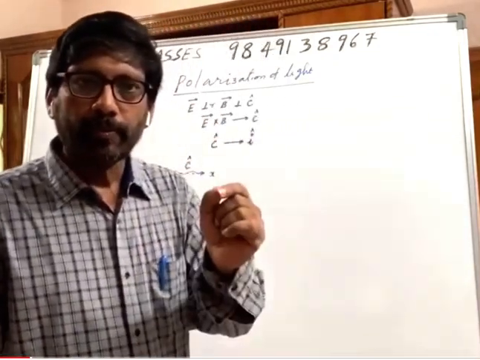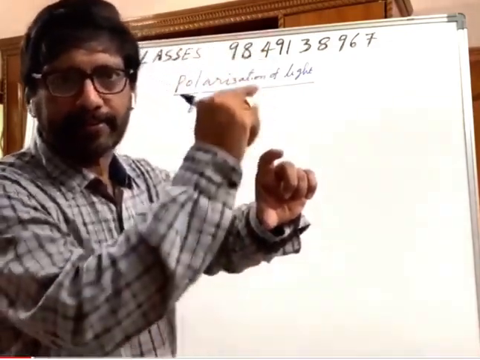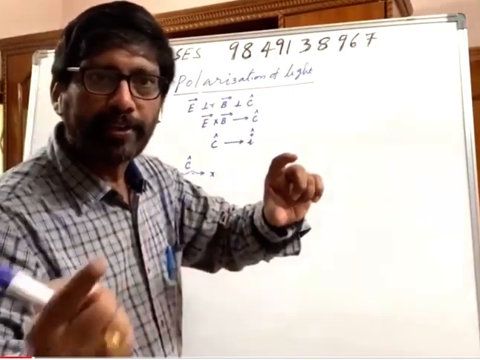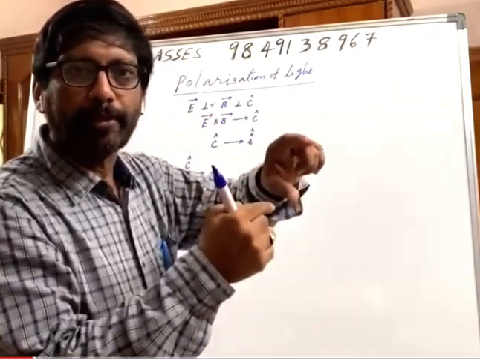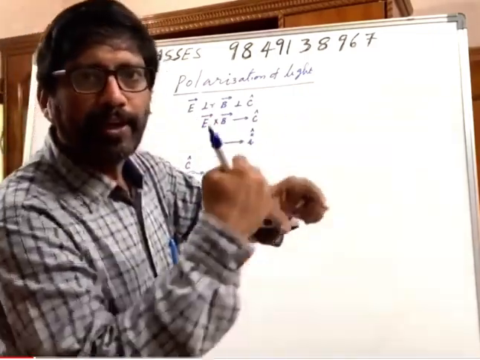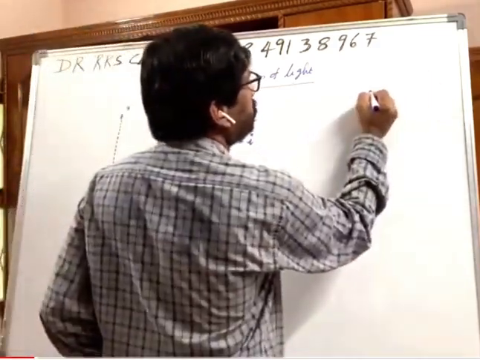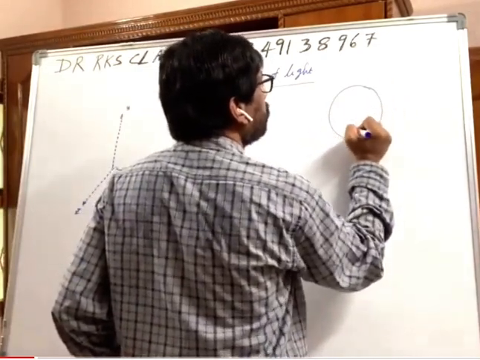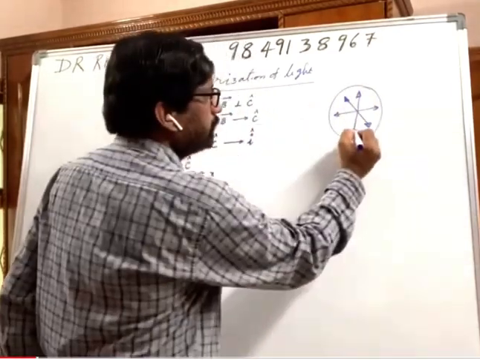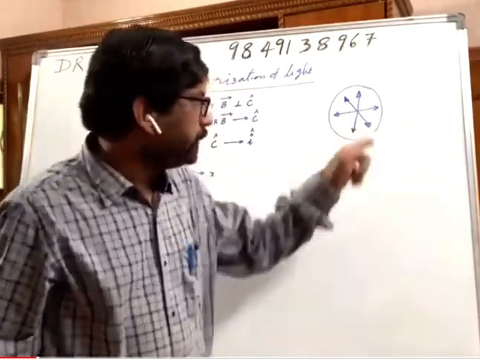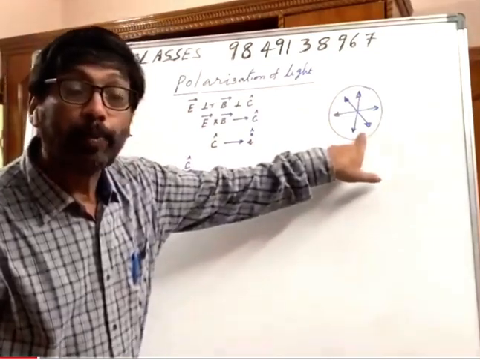Okay. So here, if the direction of electric field vector is fixed, let us say always vibrating along y-axis, that is polarized. But sometimes along y, sometimes making some angle with respect to y in yz plane, sometimes z-axis. Like that, it goes on varying in that plane, that is called unpolarized. That's why the unpolarized light, if you look at your textbooks, they write like this. What does it mean? In that yz plane, this is x-axis, the direction of electric field vector goes on changing. That is called unpolarized light.